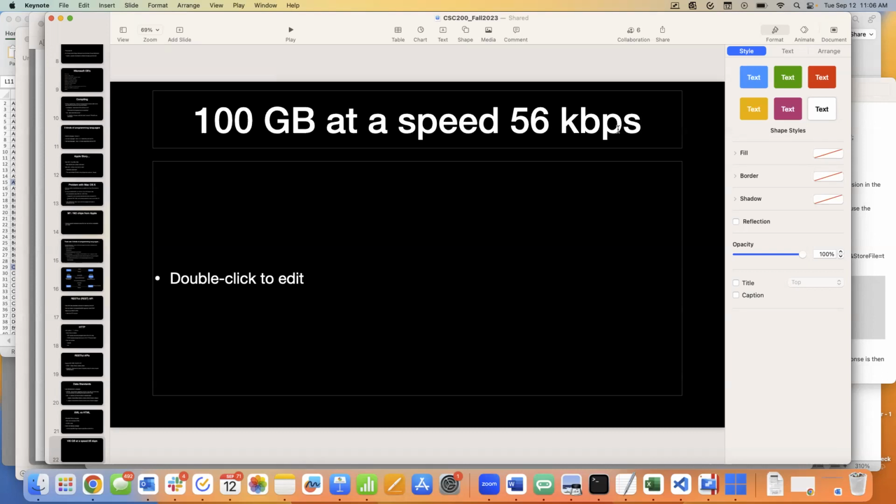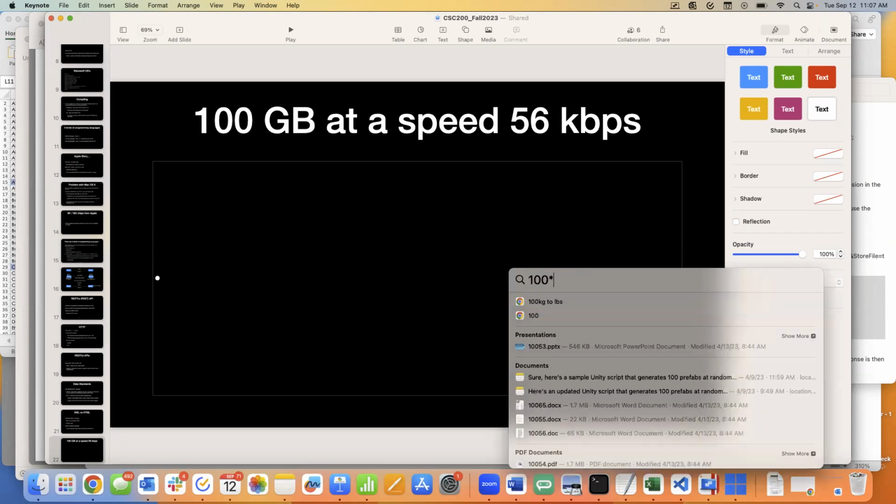So first of all, we're dealing with kilobits per second here. We're going to be talking about the conversion stuff pretty soon. I mentioned I do a lot of conversion stuff, but just to give you the quick math here, let's convert the 100 gigabytes into kilobits. To go from bytes to bits, we need to multiply by 8.